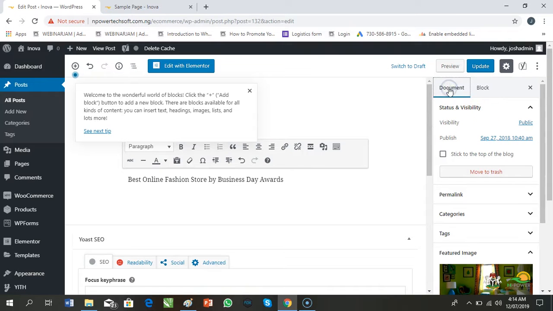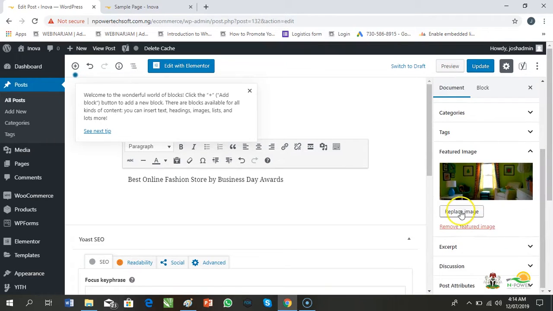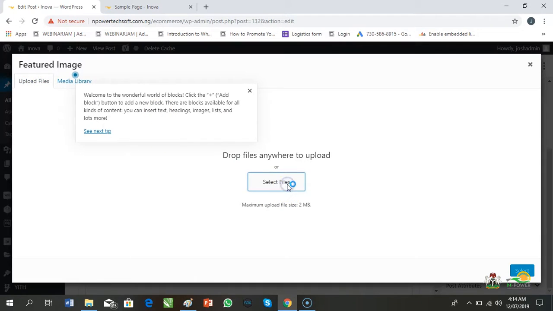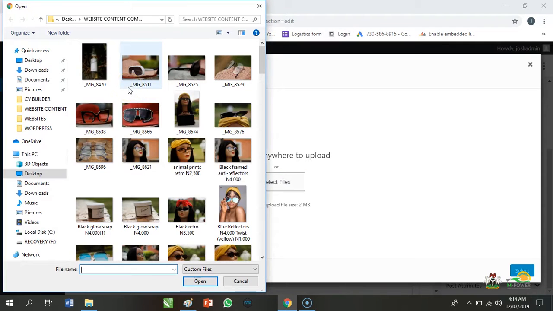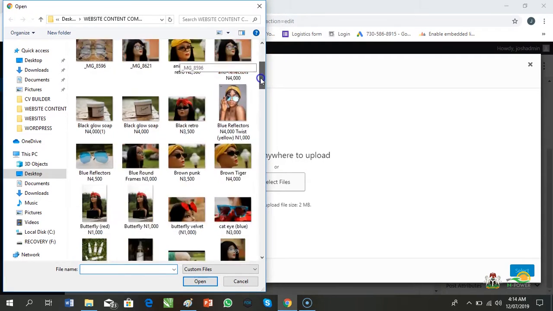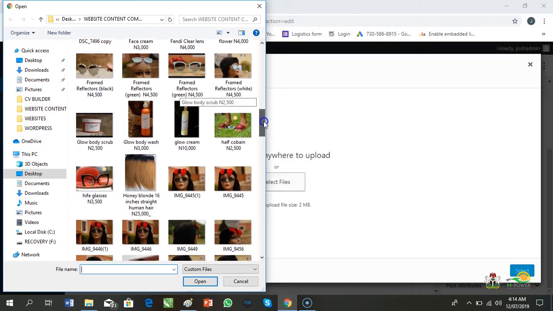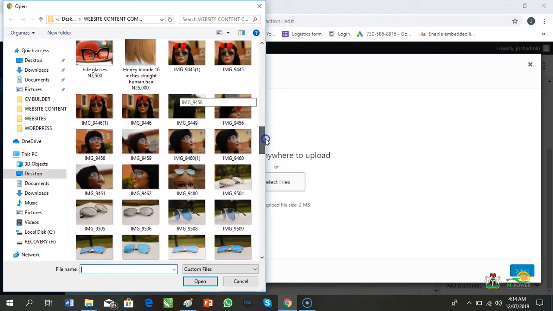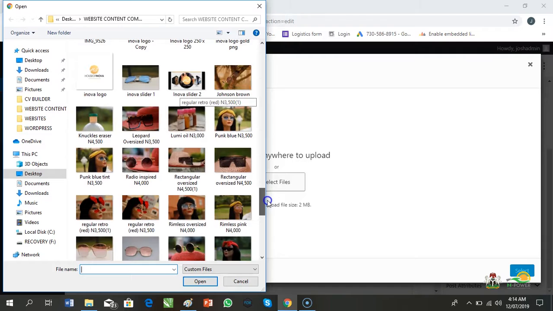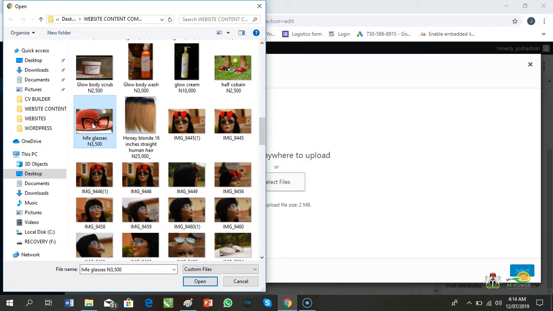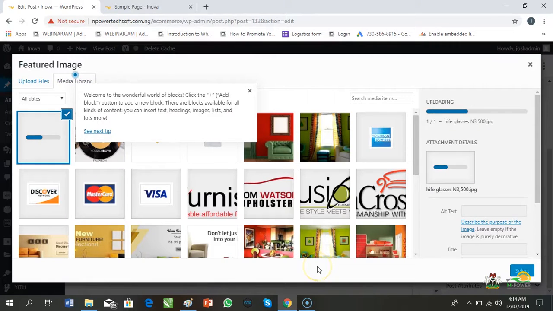And then I want to change the featured image. So I'm going to go to the folder containing the product. I'm looking for a decent image to choose. This is carrying a hat and a glass, so it makes sense. It's carrying a hat and a glass, hat for crowning your effort. Let me just use that for now.